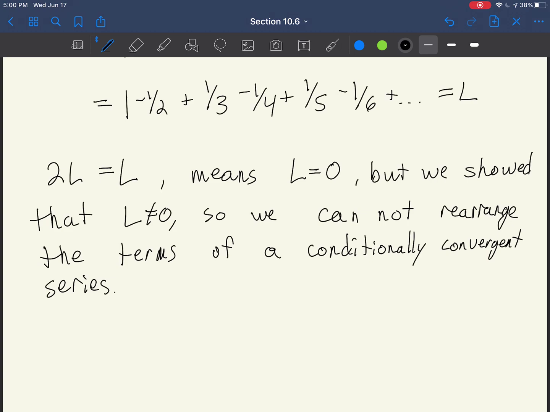And that finishes this section. The main thing to take away is the alternating series test, and that if you have an alternating series, the error term, when you look at the